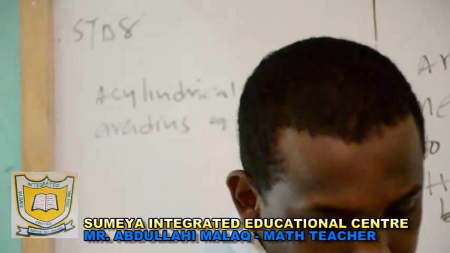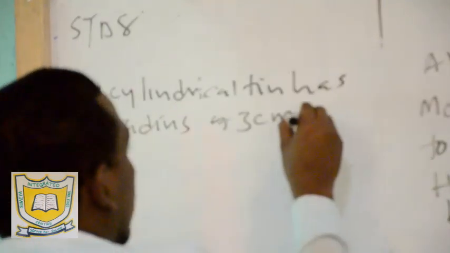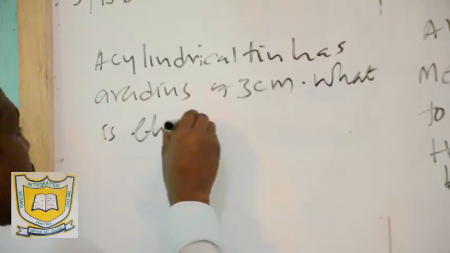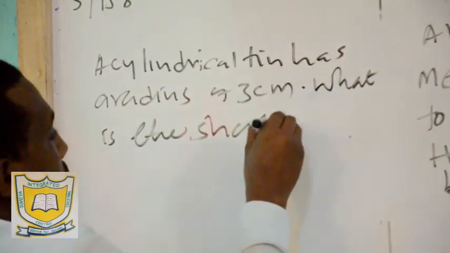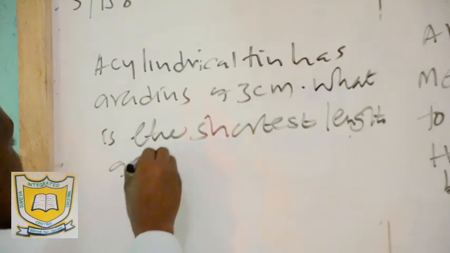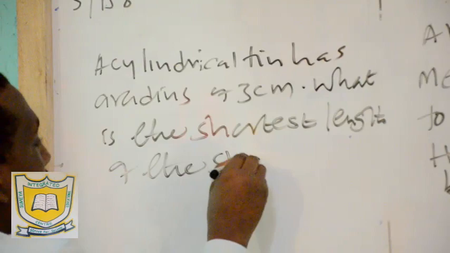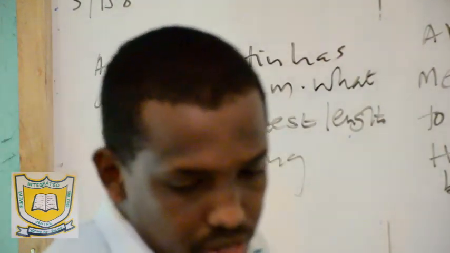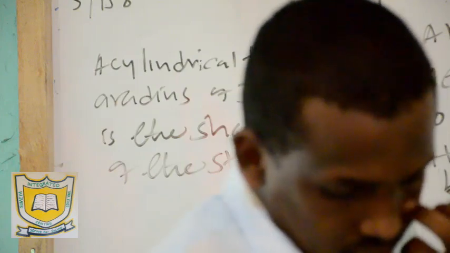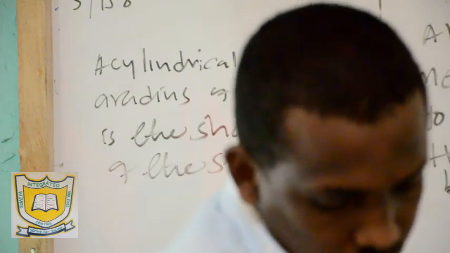What is the shortest length of the string that can be wound once around